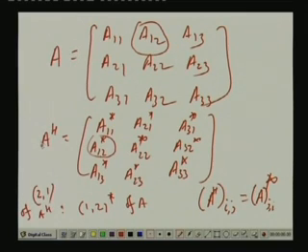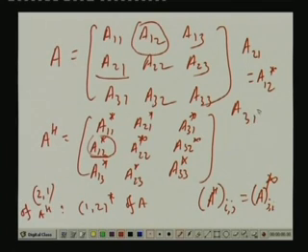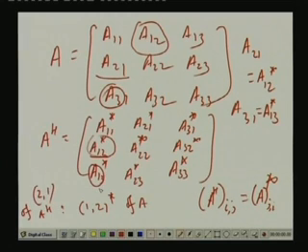Now, if A and AH are same, that means we should have A21 equal to the conjugate of A12, A12 star. Okay. A31 should be A13 star, because this and these are to be same, and likewise. So, the transposition, the Hermitian matrix ijth element, that means